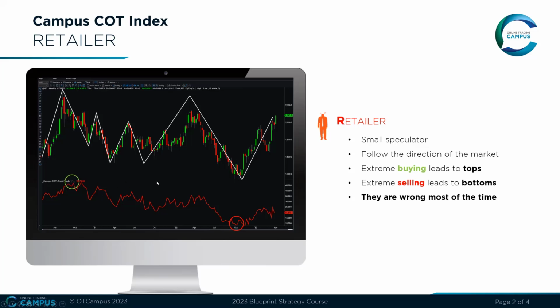Up here, all of them together have 45,000 contracts long. And we know that this was the 3-year high, and this was the 3-year low in terms of price also. So there's a relationship between what the retailers are doing as a whole and what price is doing overall. And usually the retailers will follow the overall direction of the market,